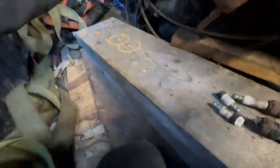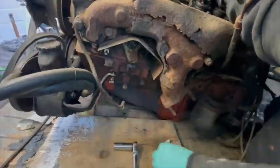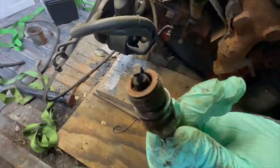So here I am taking the plugs out, starting on the passenger side. They all were pretty reluctant to come out of their holes. As I went along, the plugs had some rust on them, a couple barnacles, nothing you want to see. The color on the plugs suggested it was a running engine, depending on which cylinder I was on. They were all kind of black but not oily. Over here I discover a plug for an oil pressure feed, which I didn't think 307s ever had, and a plug wire holder on the back of the head. The plugs on this side had minimal to no rust on them. So I'm guessing on this side of the engine the lifters collapsed a bit, and